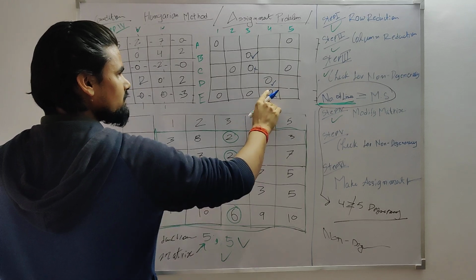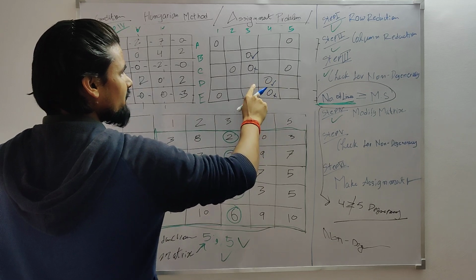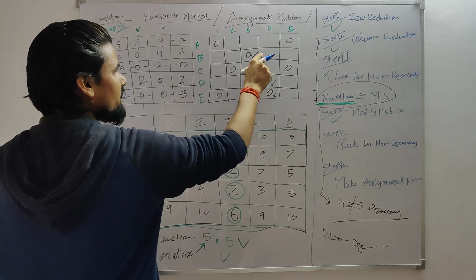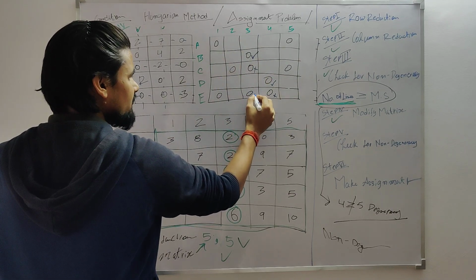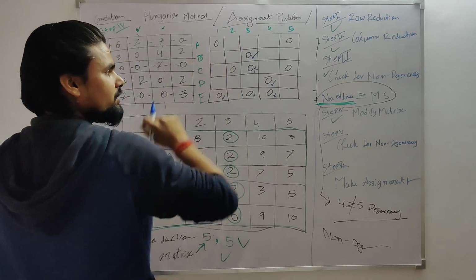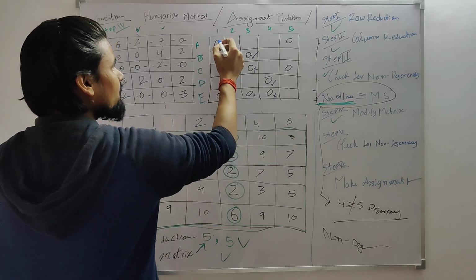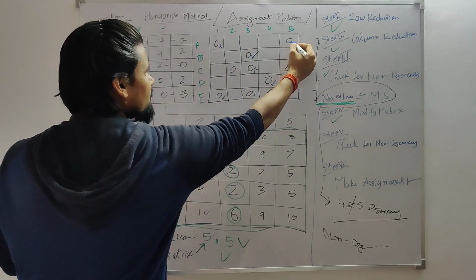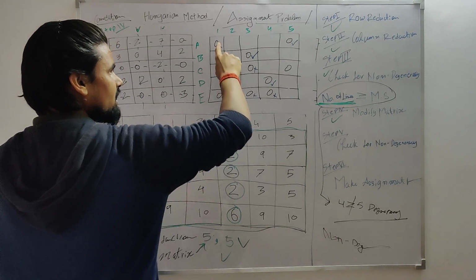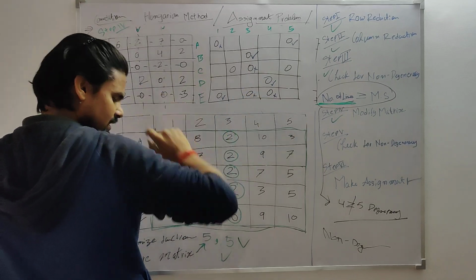So over here B is okay, this one is okay, and over here I will be checking this. This job number 3 is already assigned to B, so this E can't take job number 3. So what E is left with is job number 1. If E is doing job number 1, then A can't do this job. So what is he left with? Job number 5. So this is our assignment. According to this we will try to solve this.